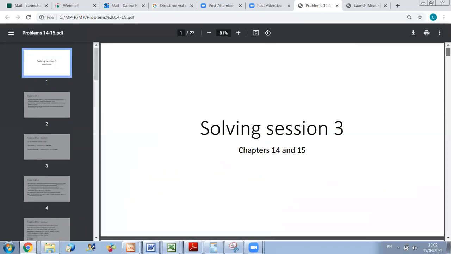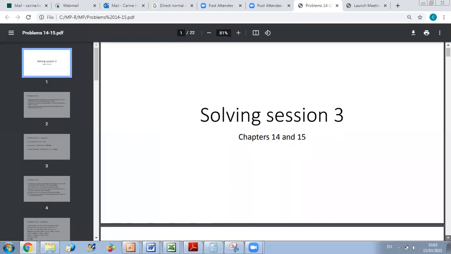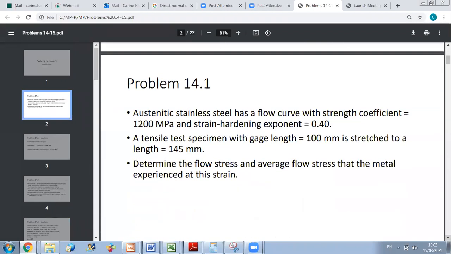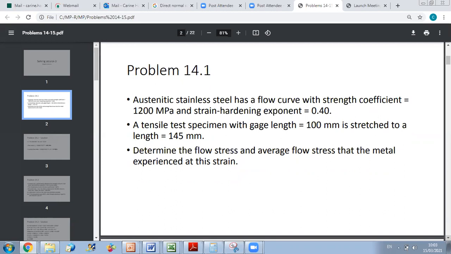So we will start today to solve problems on chapter 14. Then I will introduce the calculation part of chapter 15 to you, and we will do problems on it next time. Okay? So to start with problems on chapter 14, we have a stainless steel with a flow curve